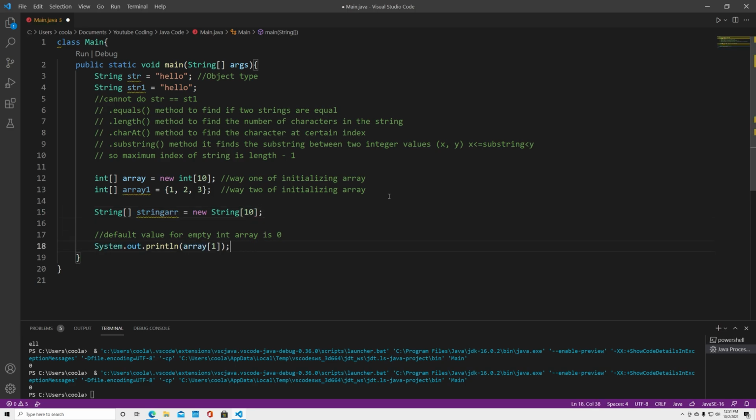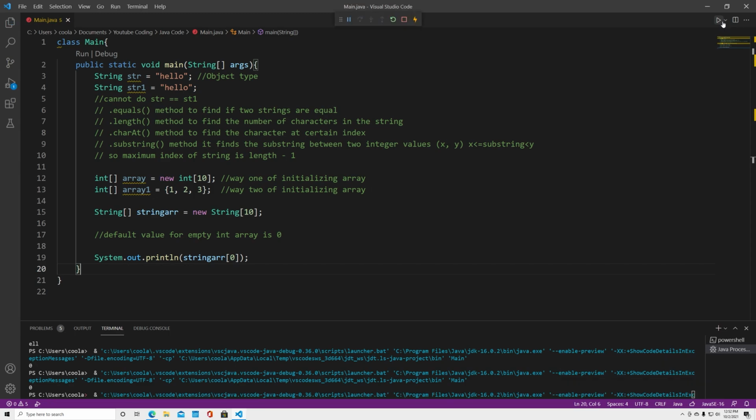So this would be different because let's say we do string array, and we print out the first item in the array. The default value for a string or any object type of an empty array is null, and you can see it right here, it's null. So default value